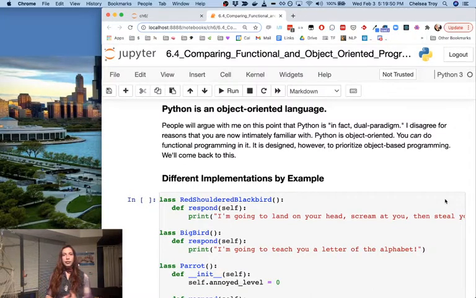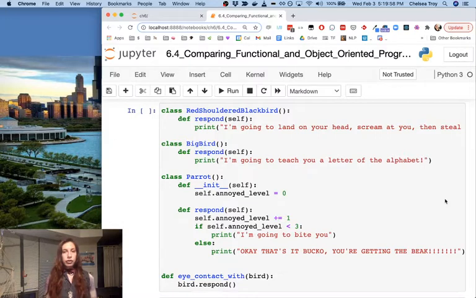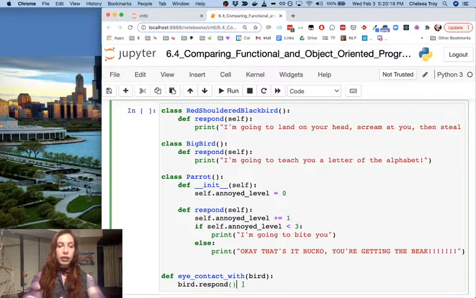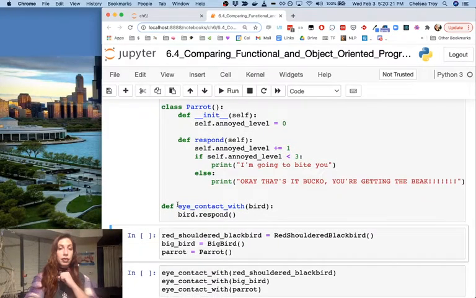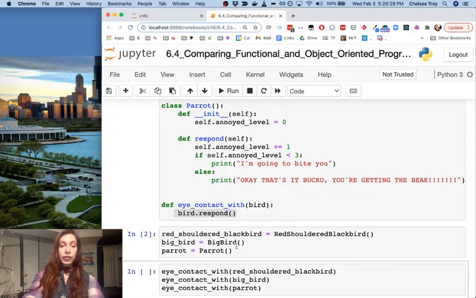Let's take a look at different implementations in Python by example. First, we have an object-oriented approach. Here, I have a red-shouldered blackbird class, a big bird class, and a parrot class. Each of them has a respond method defined on it that prints a different message depending on the bird. When you make eye contact with any of these birds, their respond method is called. And what that means is you can use the same method with the same one-line call to respond on any of these birds and get different results,